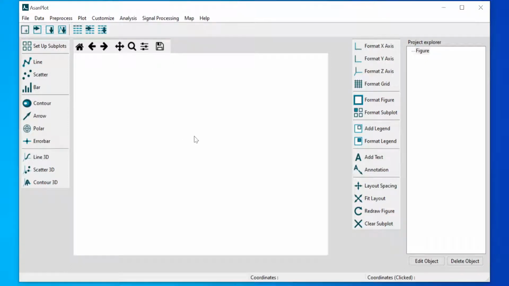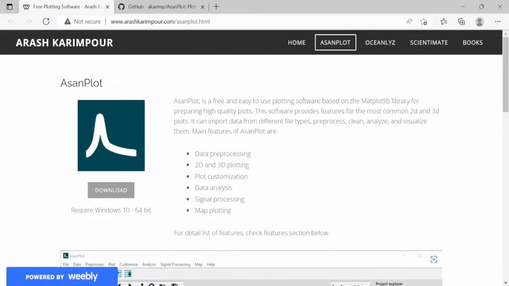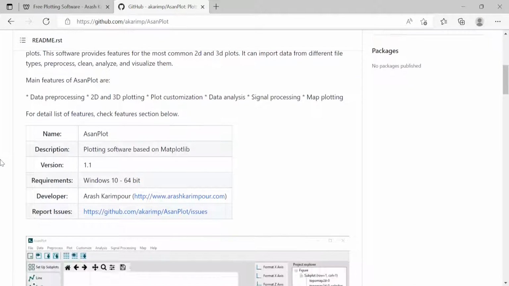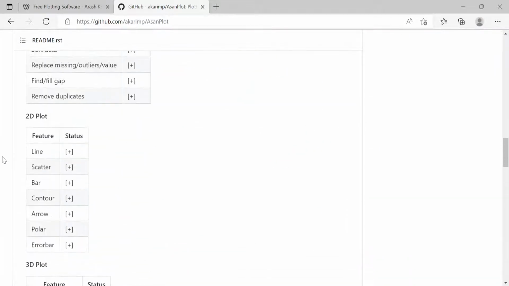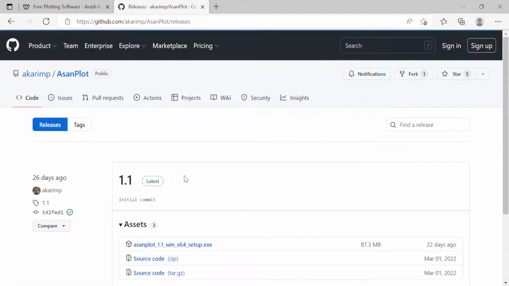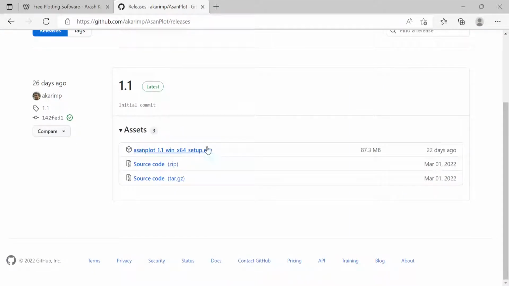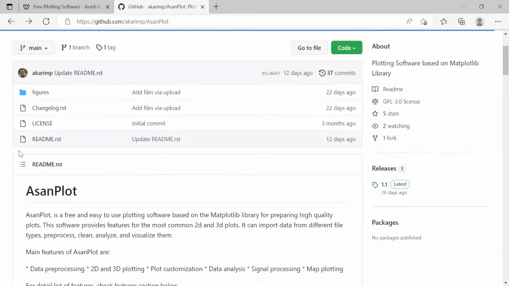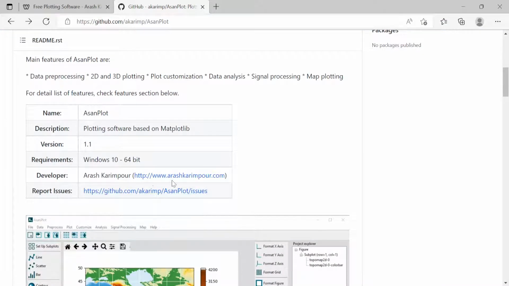Hi, today I'm going to give you a very short introduction to AsanPlot version 1.1. It's a free plotting software based on Matplotlib, and so you can get some information about it or download it if you go to my own page here, or you can go to the GitHub page here and get, again, more information there. And then to download it also you can click on the release and go until you get the asset and download it,